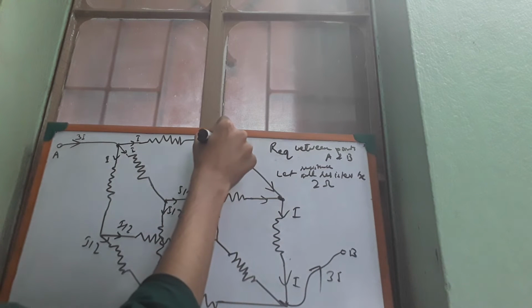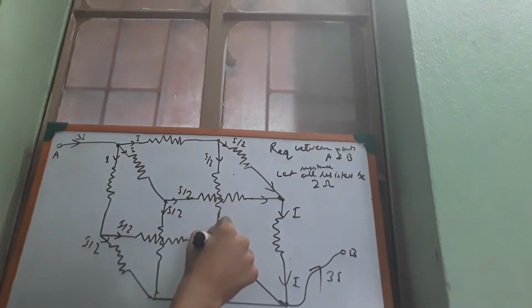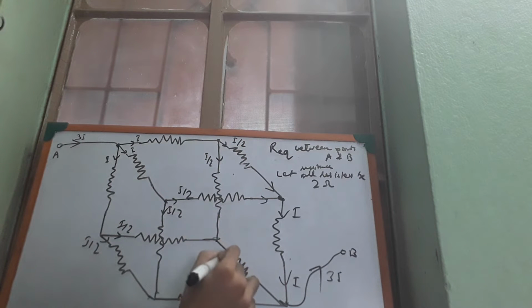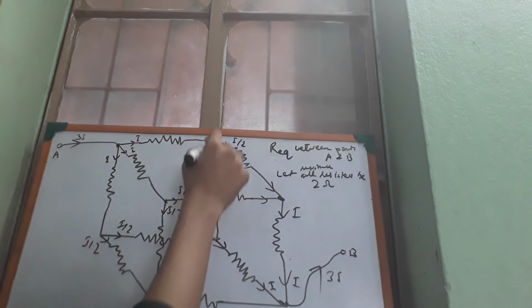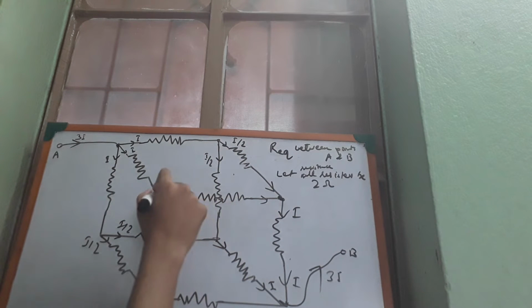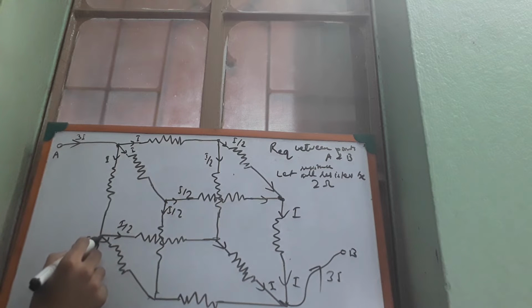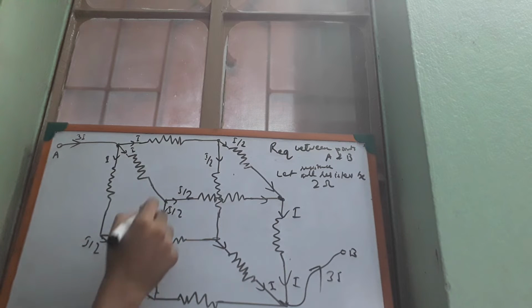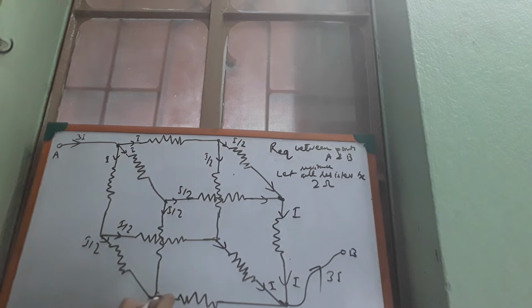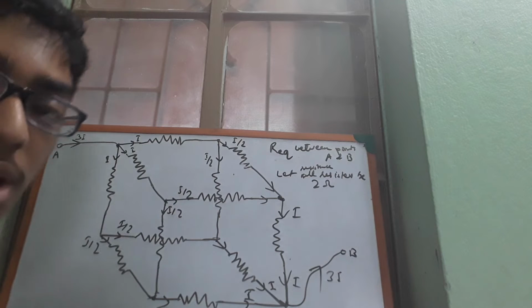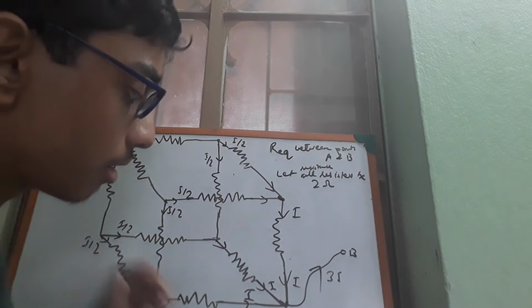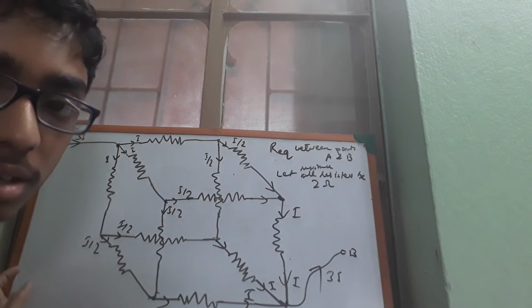That's fine. Now consider this I by 2 here. This is coming here, and from here also one I by 2 is coming. So this will again form I here, right? Now these two have already been considered. Now consider this I by 2 here. This I by 2 is coming here, and this I by 2 is also coming here. So they will again form I here. So you see, at this junction I and I will again give you 3I. This is the concept. You can see this, right?